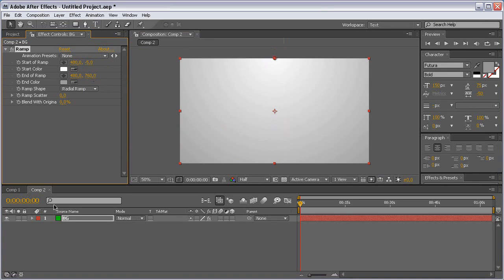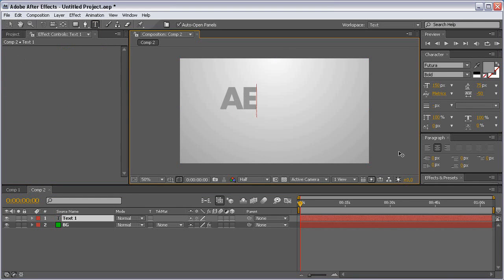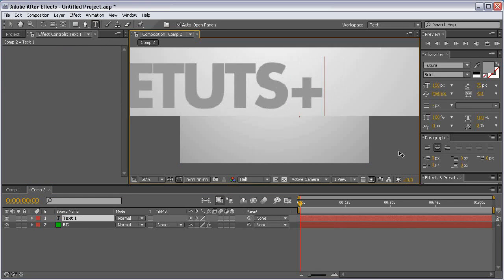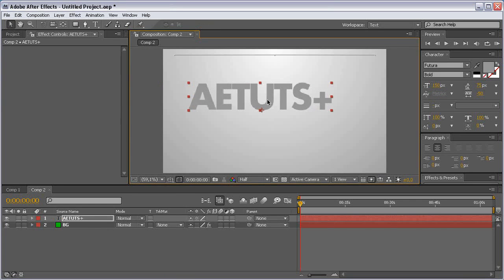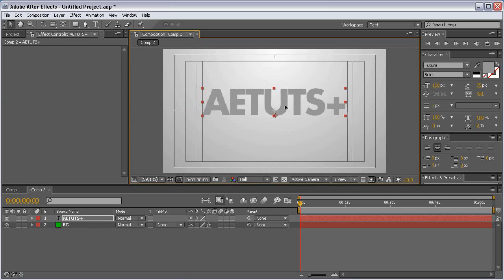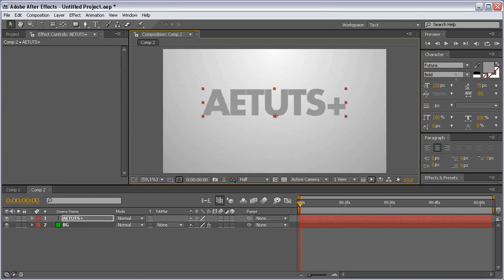something like this, and create a new text. Let's type ADOBE plus and center it in the middle of the composition like so, and we are going to use this color